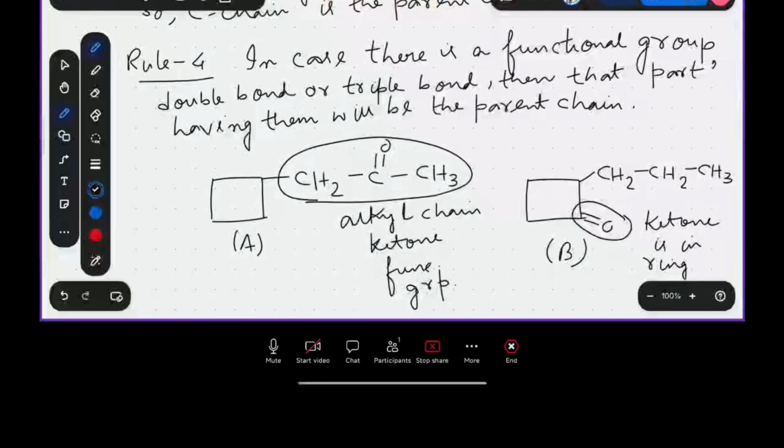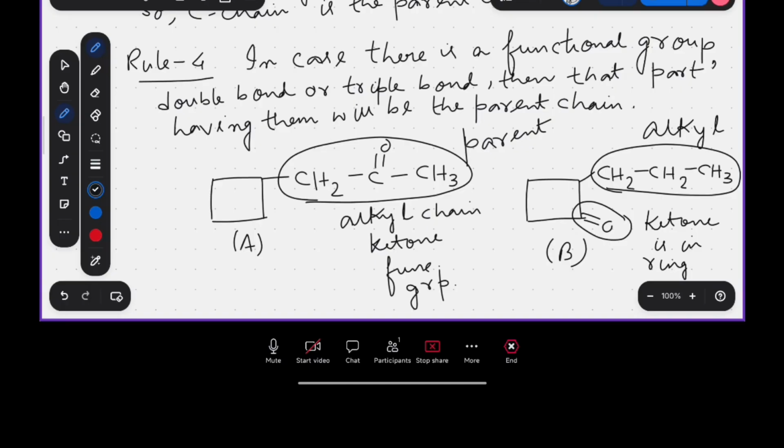ফাংশনাল গ্রুপটা রিং এরই একটা পার্ট, কিন্তু অ্যালকাইল চেনে কিন্তু ফাংশনাল গ্রুপ নেই। তো এরকম যখন কোনো এক্সাম্পল পাবে, এরকম এক্সাম্পলই বেশি থাকে, তো দেখবে যে যে পার্টে ফাংশনাল গ্রুপ ডাবল বন্ড বা ট্রিপল বন্ড আছে সেইটা আমাদের মেন চেন বা পেরেন্ট চেন হিসেবে কাজ করে। তার মানে এক্সাম্পল এ তে কিটোন ফাংশনাল গ্রুপটা অ্যালকাইল চেনে আছে, তো অ্যালকাইল চেনটা তখন পেরেন্ট চেন হিসেবে কাজ করে। ফাংশনাল গ্রুপ বা ডাবল বন্ড বা ট্রিপল বন্ড যে পার্টে থাকে সেইটা তখন বেশি ইম্পর্টেন্স পায়, সেইটা তখন মেন চেন বা পেরেন্ট চেন